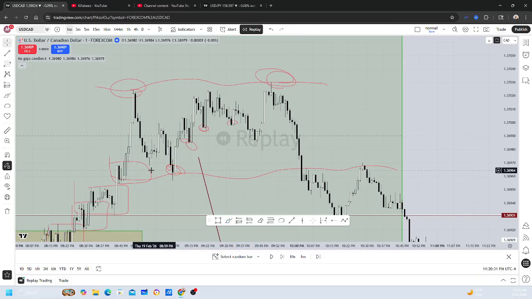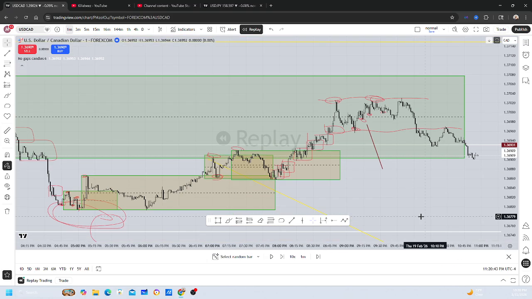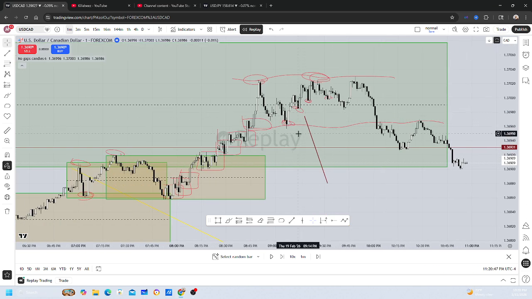Both lows. Sorry. Equal highs run both lows. So this high came from this low down here, and this high came from this low down here. And if you run this,